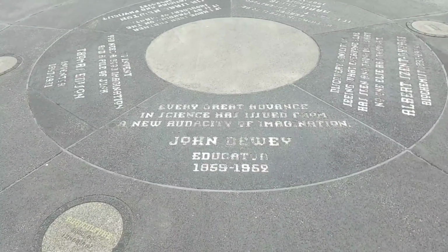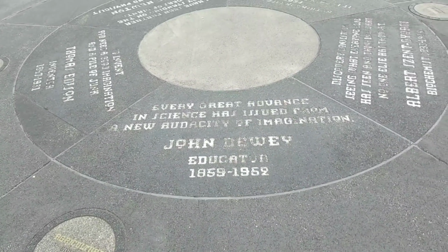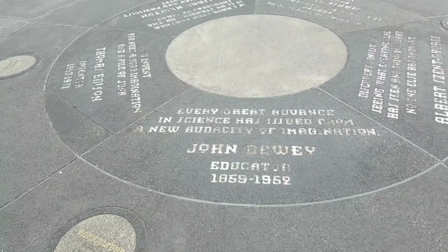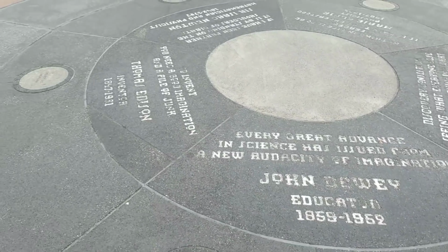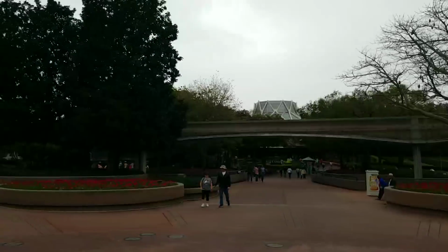Every great advance in science has used a new audacity of imagination. Interesting. It's kind of hard to read the words. I don't know where you're going, but